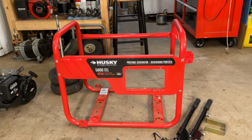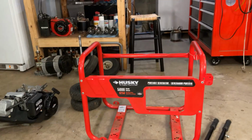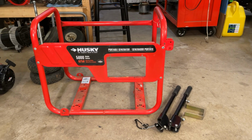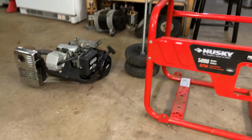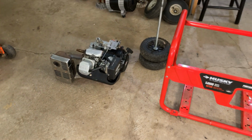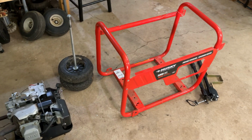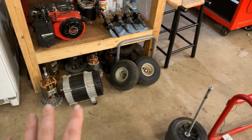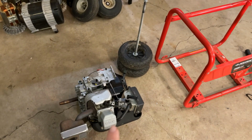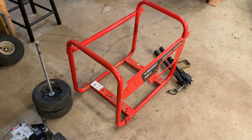So I picked up the frame. It has pretty much everything I need. It has the wheels, the axle, handles, the foot, and of course the frame itself. The engine also has been rebuilt and is ready to go. And although I used the power head on this generator for something else, I do have another one right there that will bolt on without issue to that engine, and I believe will also go on this frame without any